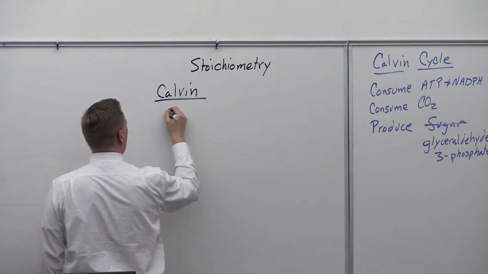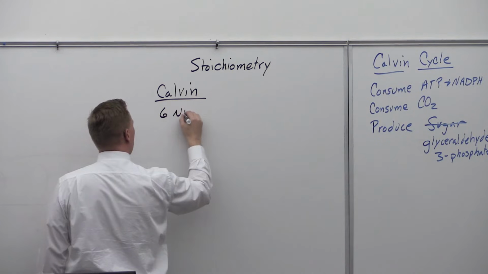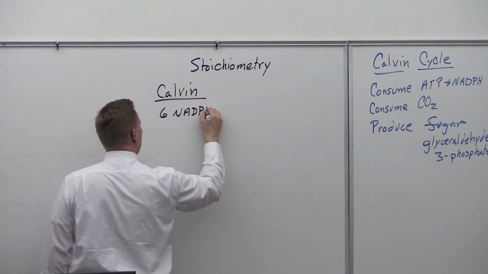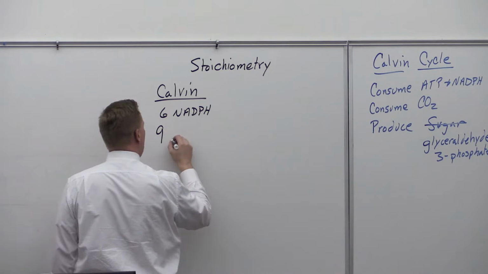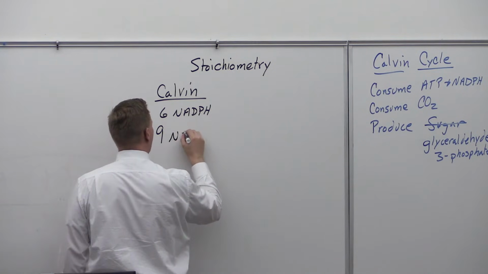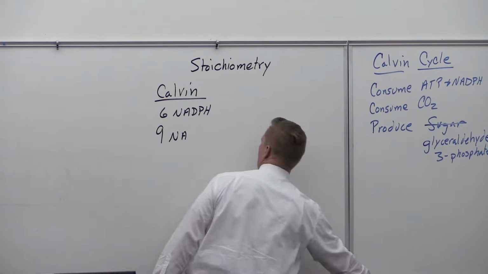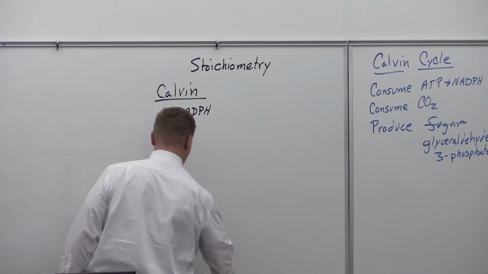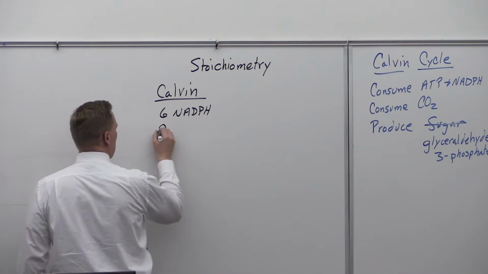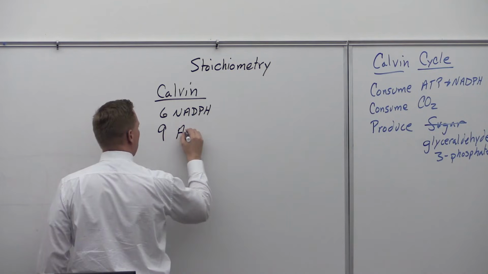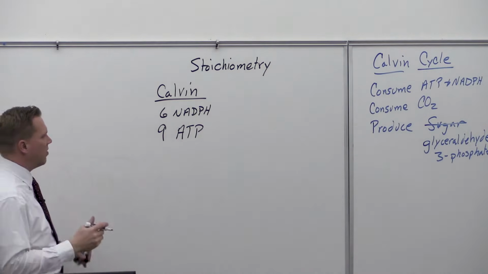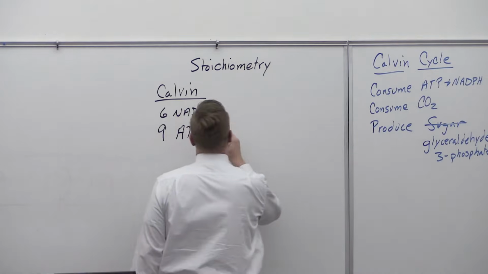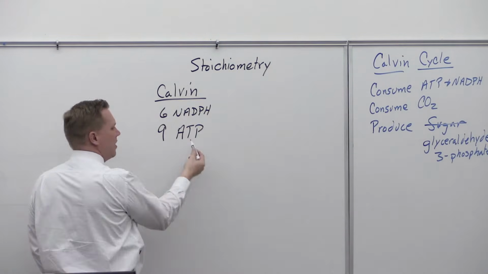We need 6 NADPHs to go through that one time, and we need 9 ATP molecules. And that doesn't seem like it's a problem, except remember that the NADPH and the ATP,